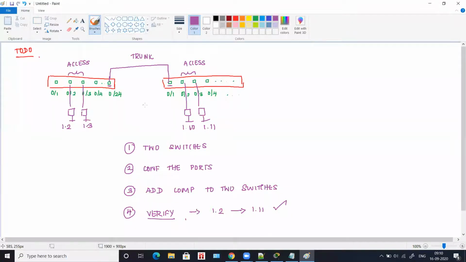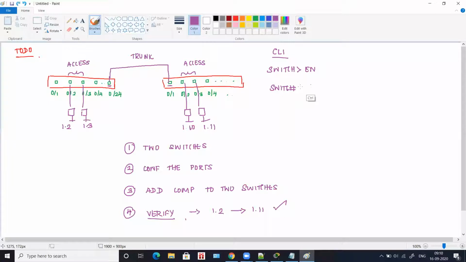Okay, and the command that we are going to use is very simple. So I'll tell you the command. Now just like routers, once you enter into the switch command line, it is going to be the switch prompt and this arrow mark. So what you have to do is you have to log in. So we'll give en. So once you give en, the switch will go to privilege mode.